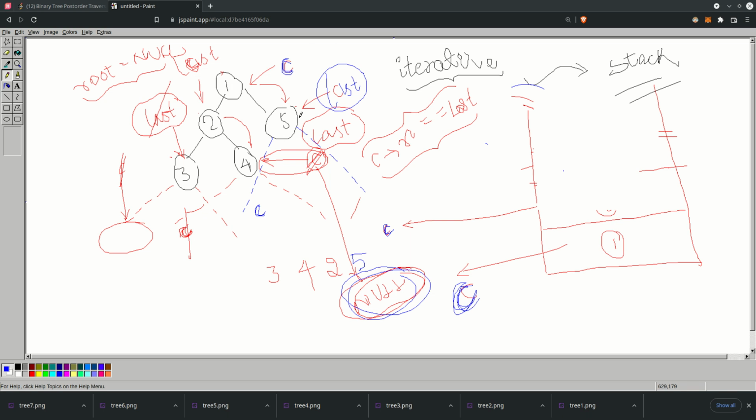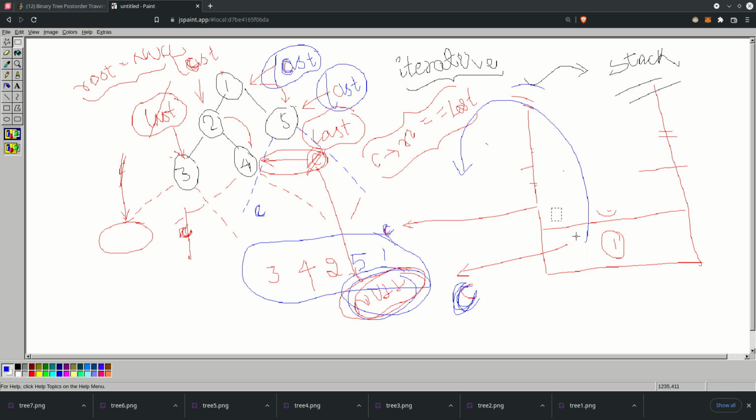Yes, it has the right child, but this right child has been visited previously because the last pointer is pointing on this 5. Hence we will pop the element 1 out of the stack, and then we will append it to the list and make the current as null, and the last will be pointing on the root node. Now I have popped out 1. So now the stack has become empty, hence I am going to terminate the loop,